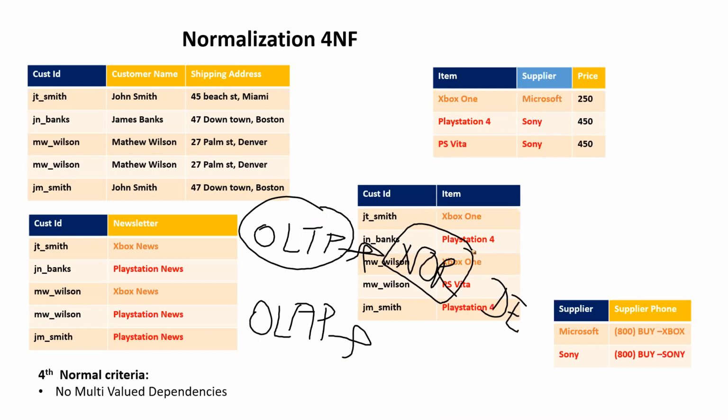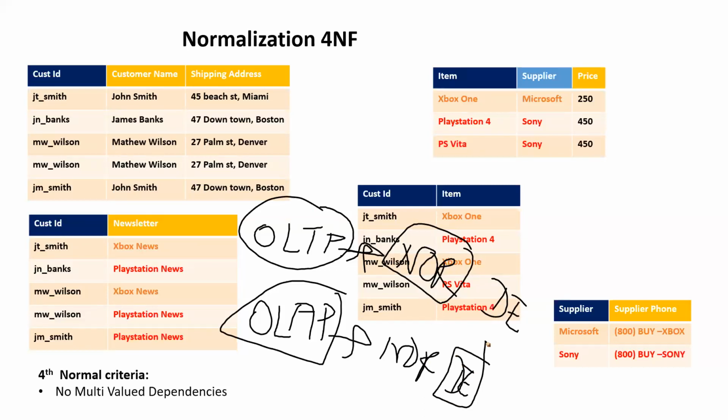If they ask that if I have an OLAP system, will I go with normalized form or denormalized form? In that case, I will go with denormalized form because I will have a huge amount of data and I need the quick output. So what I will prefer is to create a single table where I will have all the data sets and all the data records. That is very important for us to understand. When we have OLTP, we prefer normalized form. When we have OLAP, we prefer to go with denormalized form.